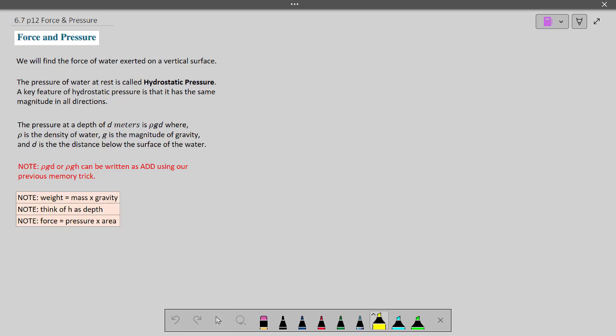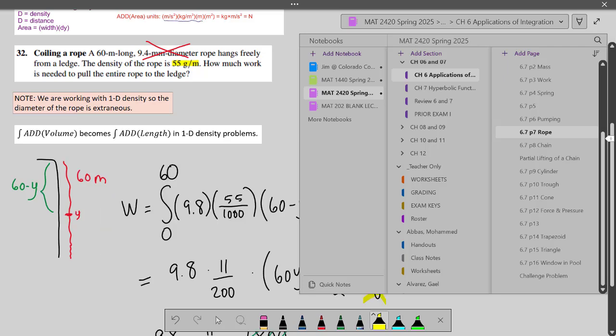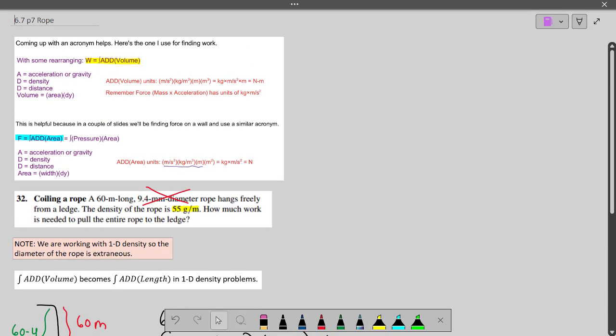The idea with the units is going to be kind of important here. We are going to be finding force on a wall, and so the simplest way to think about force is that it's pressure times area. All right, so if we multiply pressure times area, we will get force. And if we go back to the slide up here where we started with rope, at the very top of that slide, I've got all the units broken down. And if you look down at this lower section, force is going to be pressure times area,